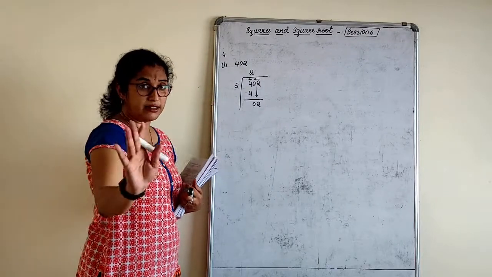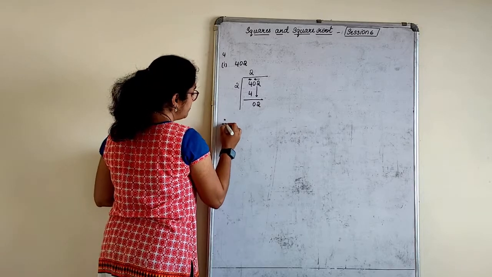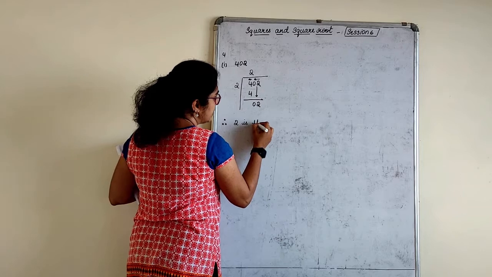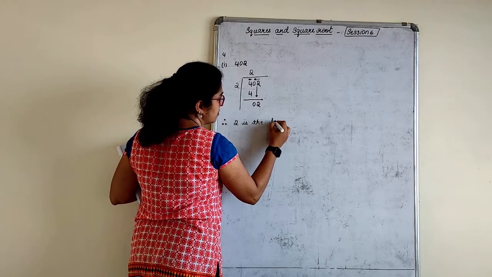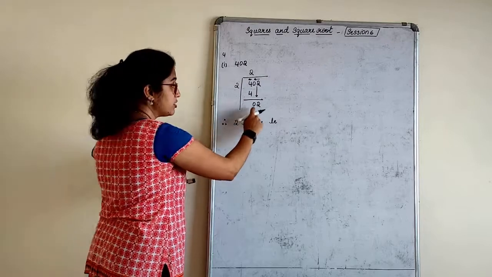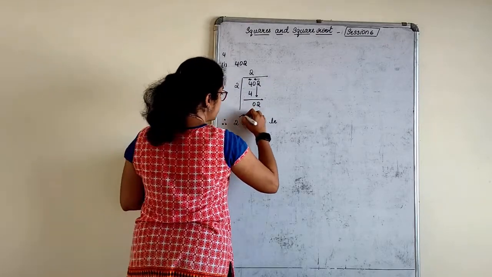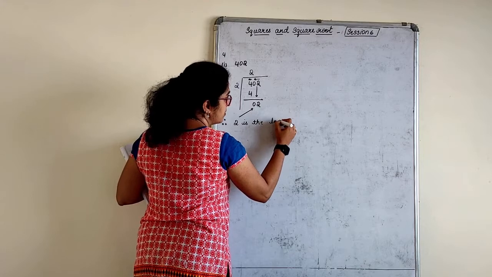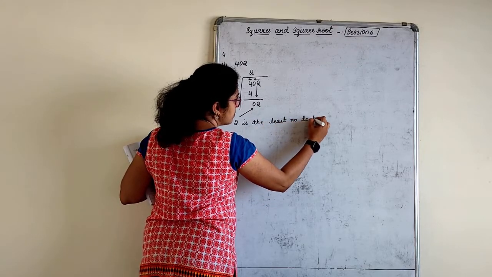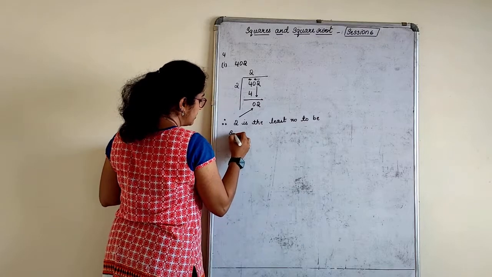No, right? Done. Therefore, whatever is the remainder, 2, here we have got 2, but don't get confused. It's always the remainder. So I just put an arrow mark. 2 is the least number to be subtracted